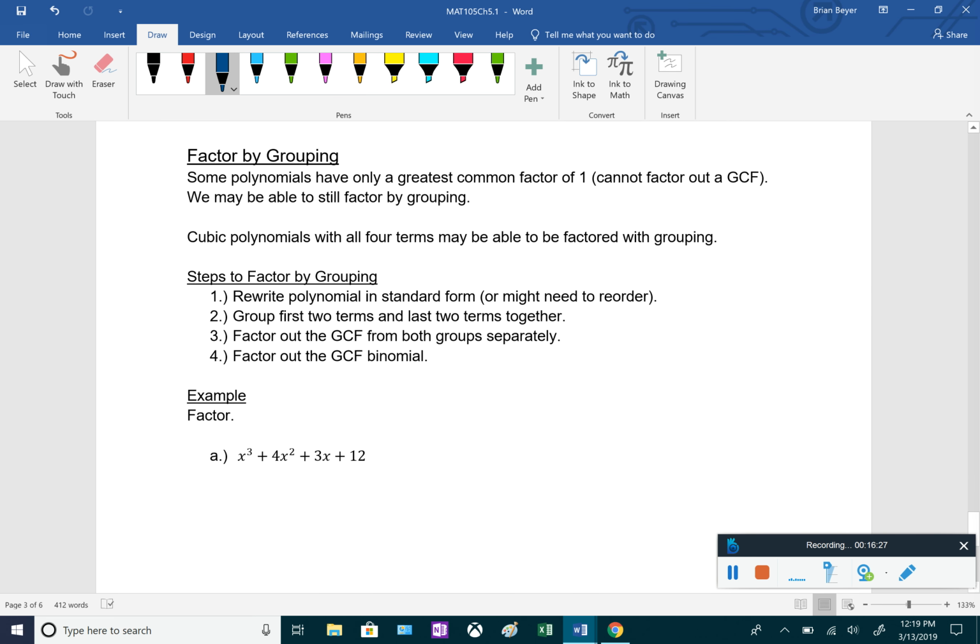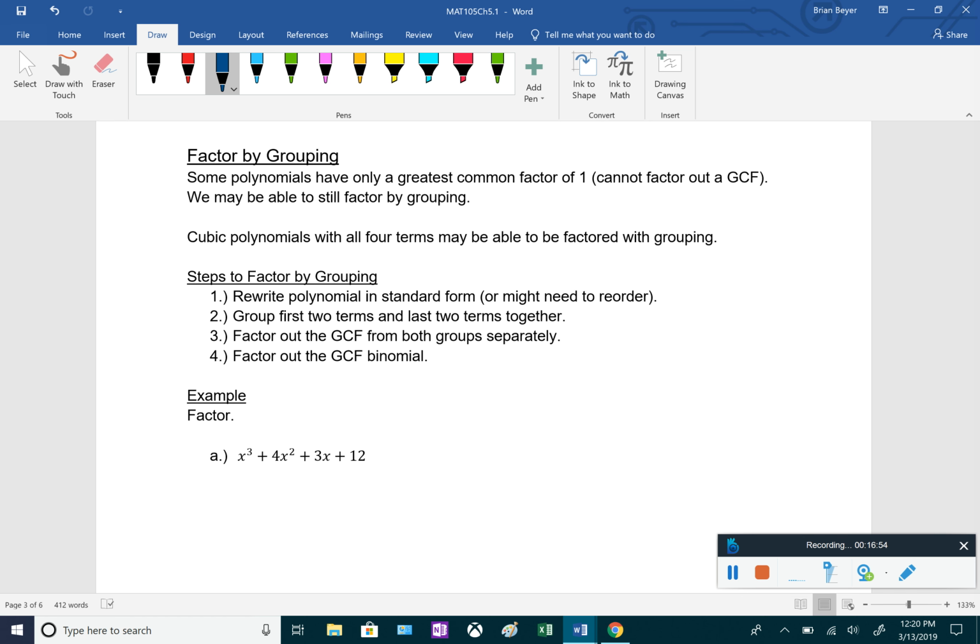Okay, last thing here is going to be factor by grouping. We won't always be able to factor out a GCF, but it should be something that you look for first. So keep in mind, always look for a GCF first. If you can't do a GCF, the next thing we should look for is factor by grouping. A hint here, which isn't the only thing we can use grouping for by any means, as we'll see later on,